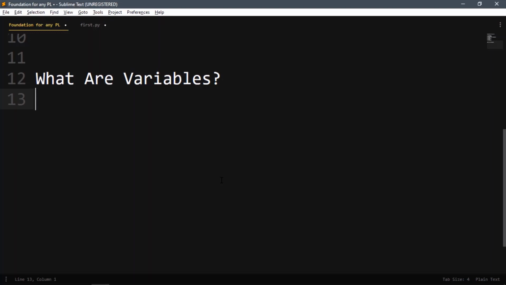But in most other programming languages, we have something called fixed data types. They are called strongly typed programming languages, where you have to specify which value this variable will have, and you only have to pass that same type of value, or it will give you an error. In Python, that's not the case.